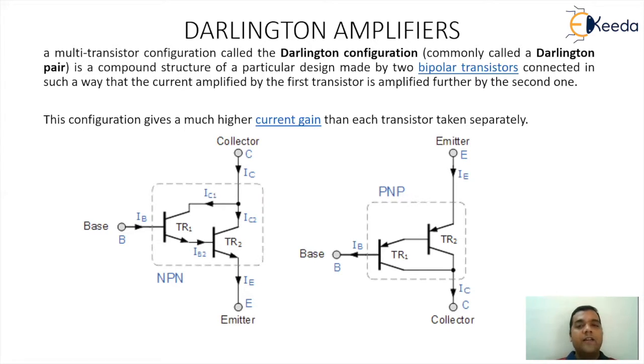So if you look carefully, the left hand side figure, the Darlington transistor is basically a three terminal device with three terminals, collector, base and emitter, where if you observe, the base current of the first transistor will work like the base current of the Darlington transistor. The collector current of the transistor is basically a combination of two collector currents, IC1 and IC2. And the emitter current of the second transistor will work like the emitter current of the Darlington transistor. So this structure was actually realized so that we can go for higher gain circuits.